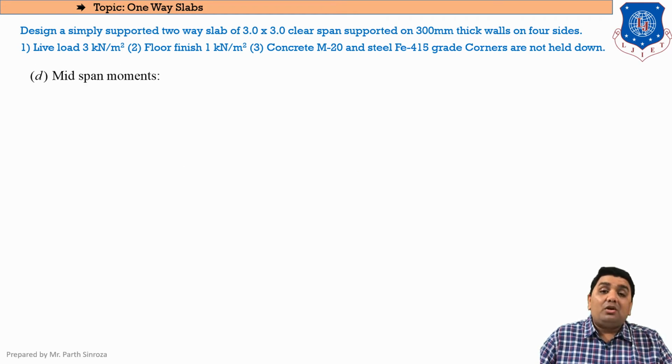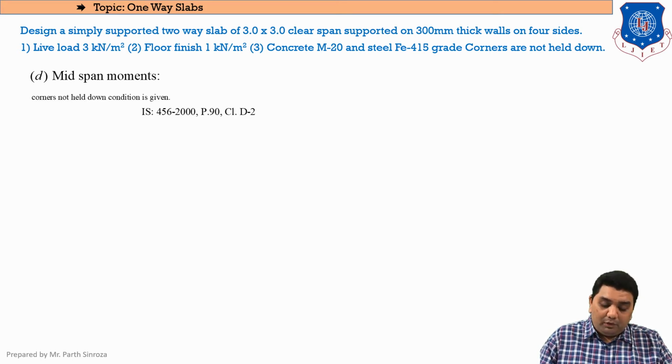Now in the case of our one-way slabs, the equation for the bending moment was very simple, that was W L square by 8. Clear? We were using this equation, but in this case keep in mind we'll be using equations that are already prescribed in our IS code. So for that the conditions are to be checked. Now we'll be moving on to this new condition that we have obtained.